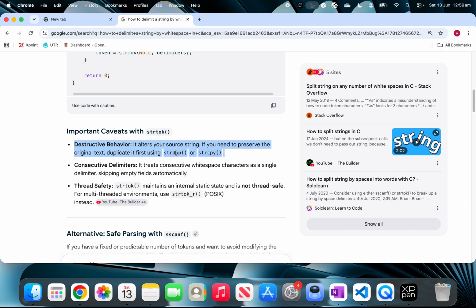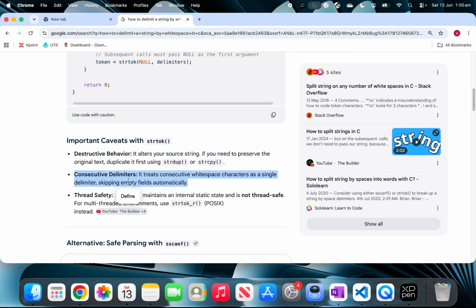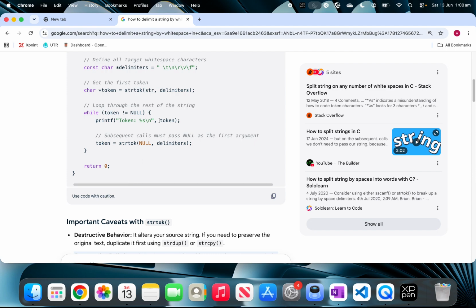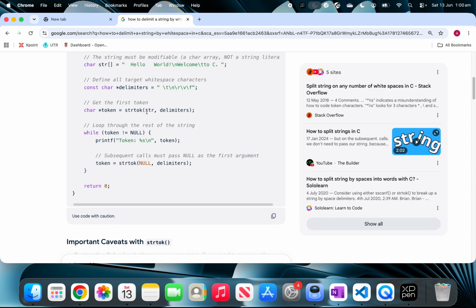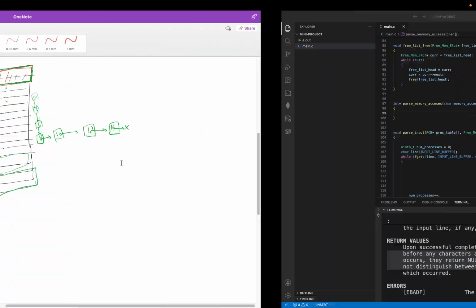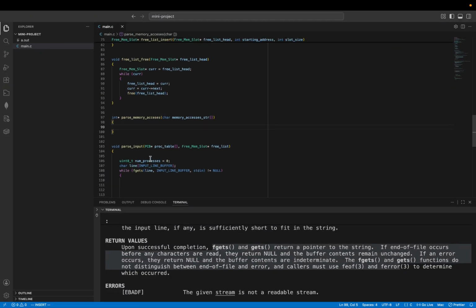If you need to preserve the original text, that's fair enough. But my source string is what? It would be the... okay. Oh, this gets you the next guy. Oh, wow. That's kind of annoying, but maybe it works? Okay, I guess we can do it like that. That's fine. So basically,